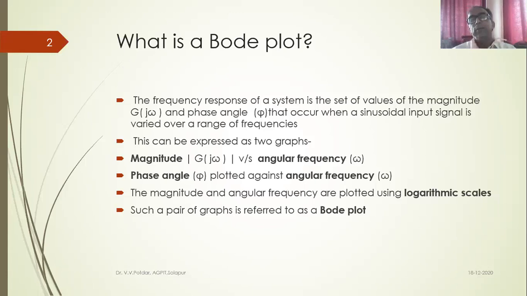So omega is plotted on the x-axis as I said, but the scale is not linear. The scale is logarithmic. Now there are benefits of a logarithmic scale. What are the benefits of taking logarithms? Anyone? The multiplications become summations, the divisions become subtractions, plus the squares, cubes, all these things become multiplications once again. And what else?